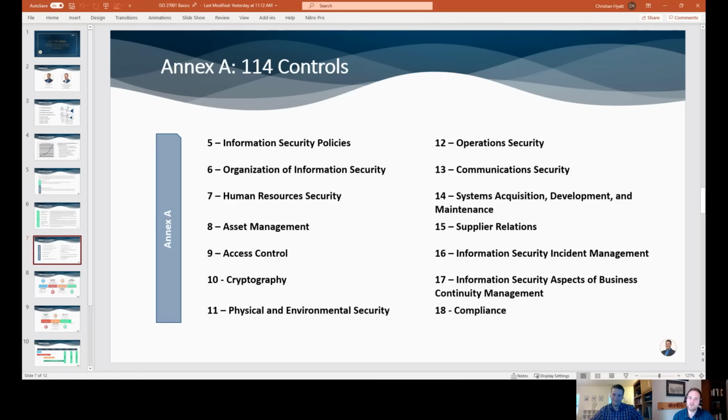You can tell that it was built for a different time. So there's some translation that has to happen. How do you apply that modern development environment to the ISO standard? And you can certainly do it, but sometimes it's not as intuitive as it could be. And that's some of the art behind, hey, how does our business fit into the ISO framework rather than just adopting the words that it says?